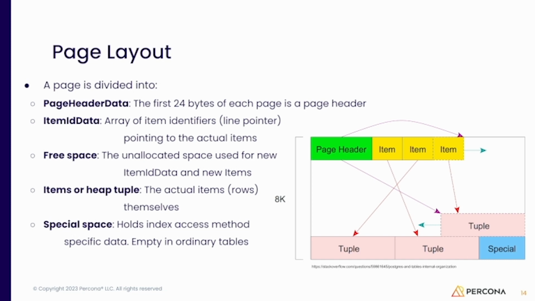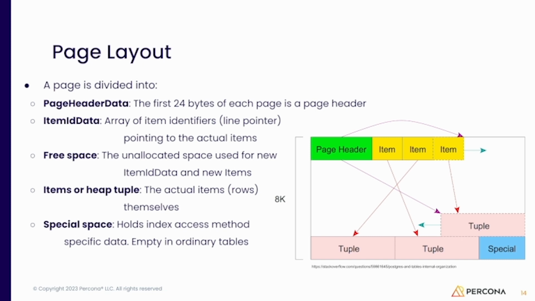Okay, now that we know it's organized in blocks, what do we have inside of those blocks? This is basically what we have inside of the blocks on Postgres, right? In the beginning of each block, this is the 8 kilobytes block, we have a header. This header here will keep some information about the block itself, right? So the header is the first 24 bytes. All of them have it. And we have what we call item identifiers or line pointers.